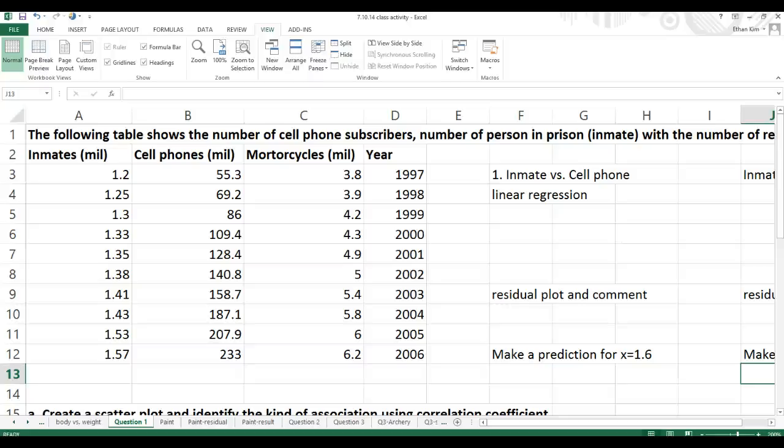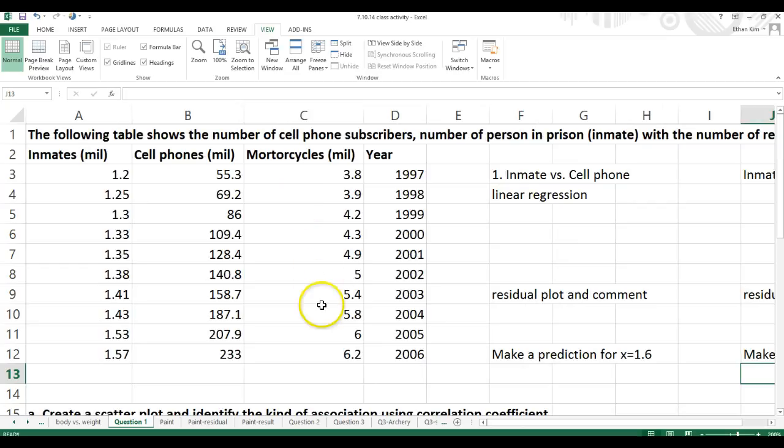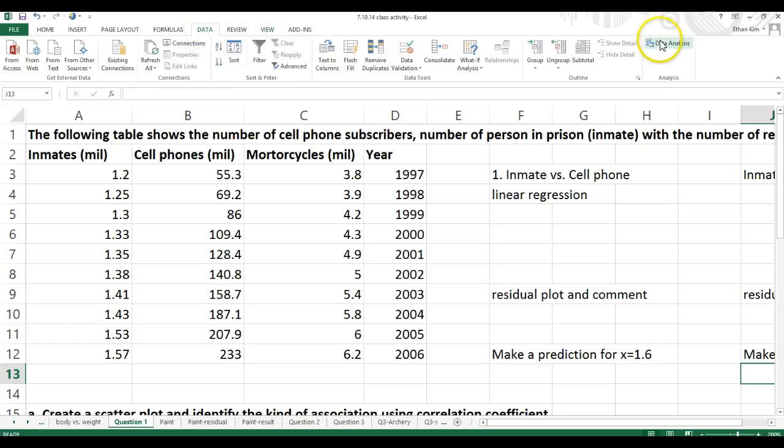Alright, so I hope you guys are all done with the class activity that was assigned, and we're briefly gonna go over this and see what we can infer from this set of data, right? So first of all, we're gonna do inmate versus cell phone. So let's go straight to data analysis,